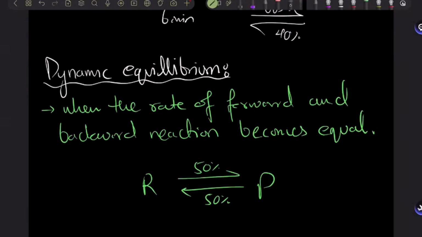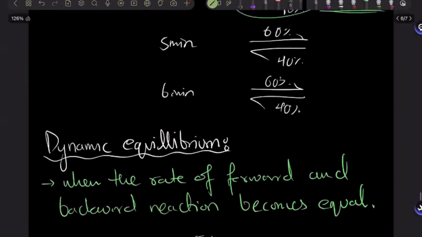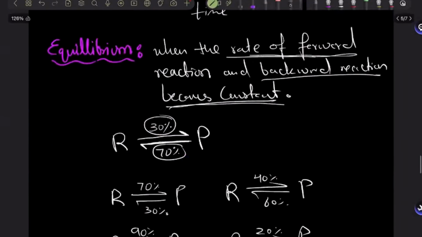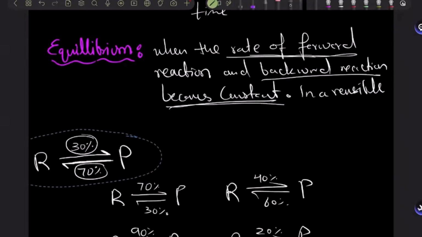But there's one more thing that I'd like to add into equilibrium. Equilibrium is when the rate of forward and backward reaction becomes constant in a reversible reaction, right? Because only reversible reactions can go backward and forward. So you need to mention reversible reactions, right? So in a reversible reaction, but there's one more thing, and that thing is,